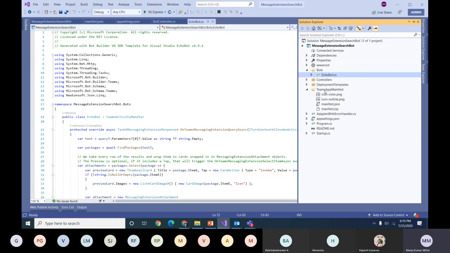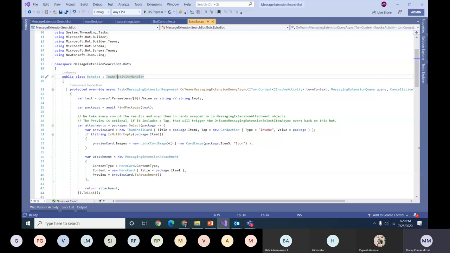Only these folders will not be there, the Teams app manifest file, so that we will create at a later point of time. The rest of the structures will be the same and no changes are required. Let's go to the first file, which is the dialogues one. Here we need to remove all the code that exists and add our own